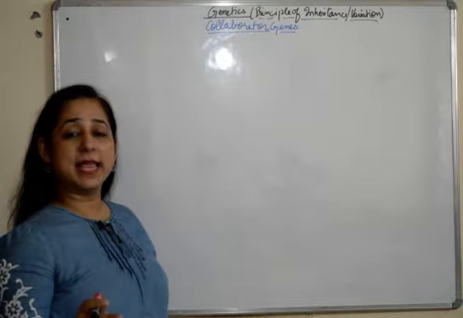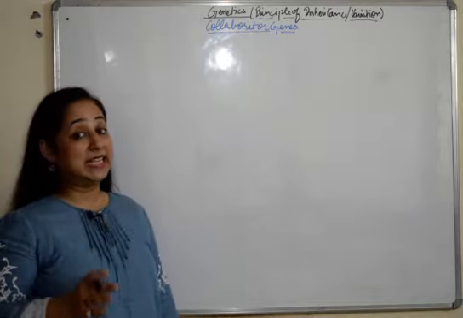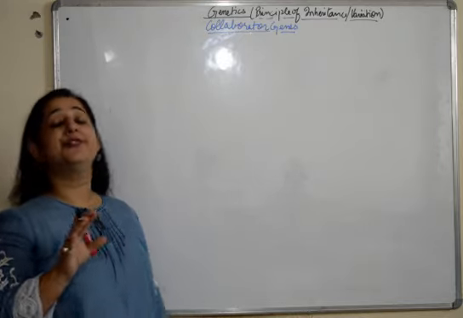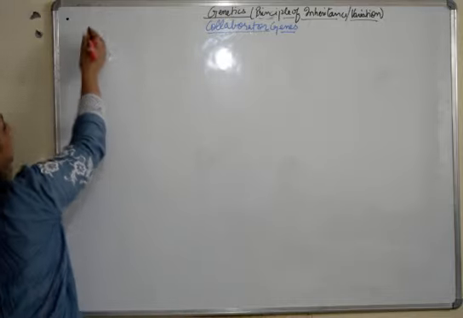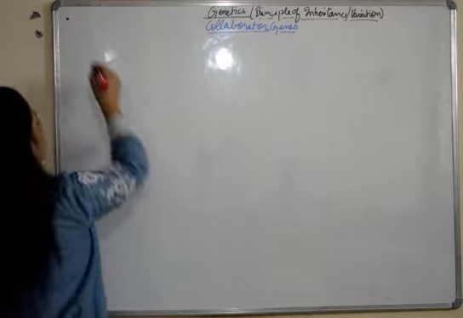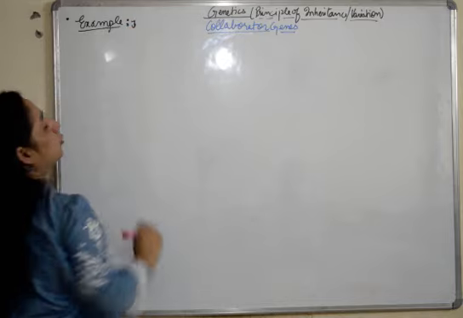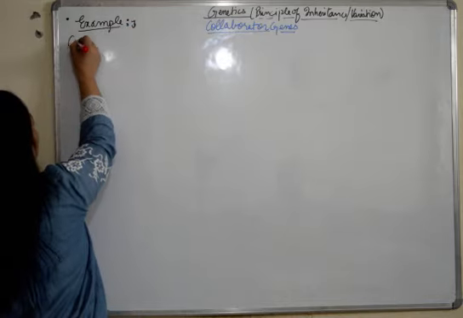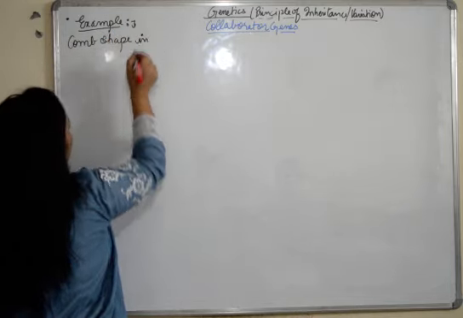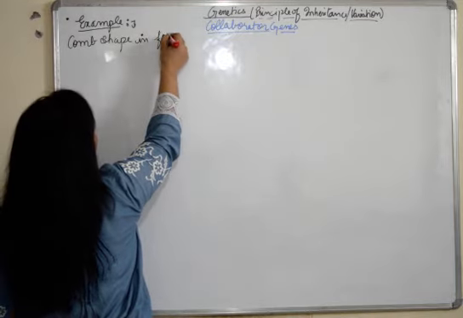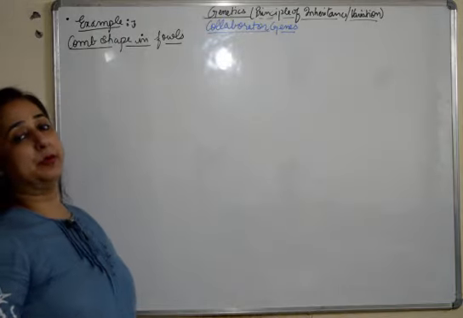The definition remains the same which was given for duplicating and complementary genes. That is, these genes are also present at different locus in similar or different type of chromosomes. Fine, so that remains the same. Here we are going to explain collaborator genes by giving an example, and the example which we would give is the comb shape in fowls. So the comb shape in the fowls will be explained with the help of collaborator genes.